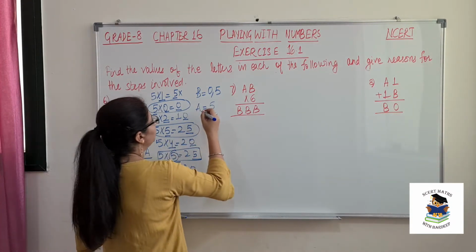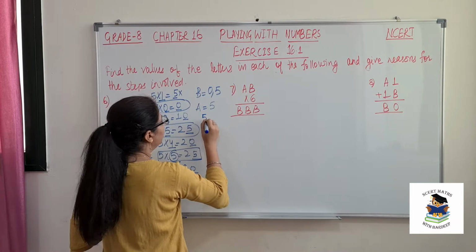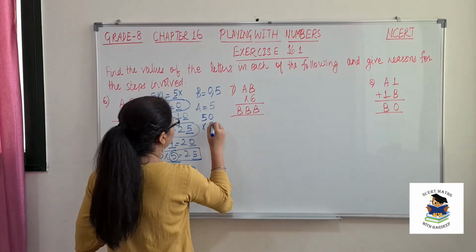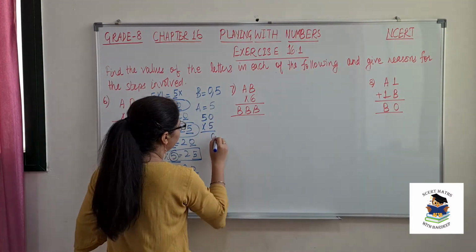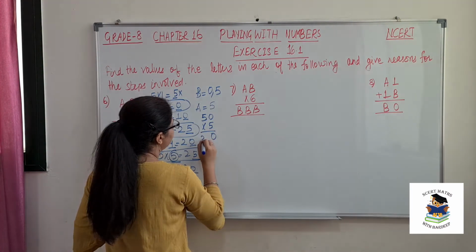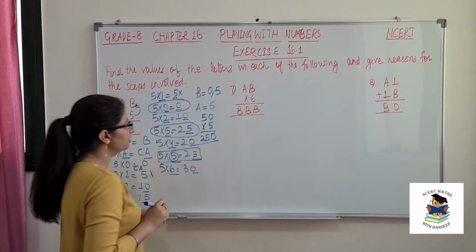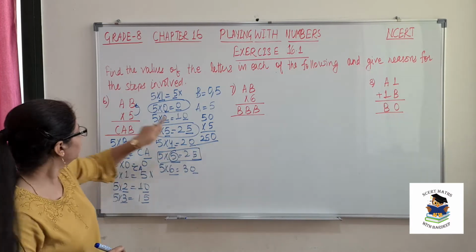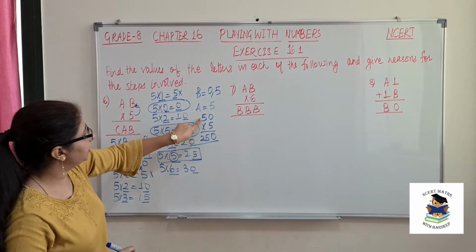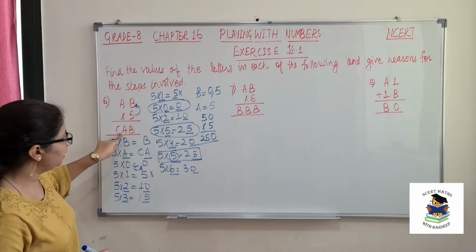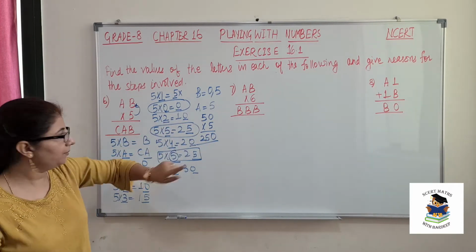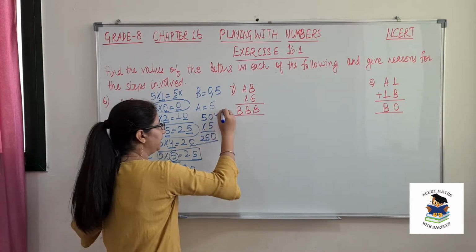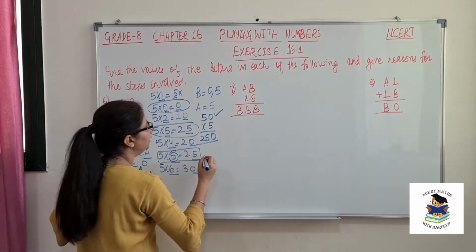So let's put both values. This is AB. Let us first put B as 0. So multiplied by 5. So 0 into 5 is 0. 5 into 5 is 25. So let's check. This B is 0. This also B. Yes, it is 0. This A I have taken as 5. This A and this A should match. Yes, 5 and 5 is same. And this C is 2. Okay. So this can be the correct answer. Let's check the other value also.